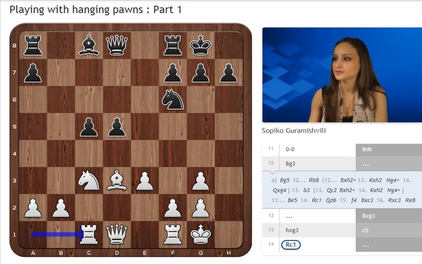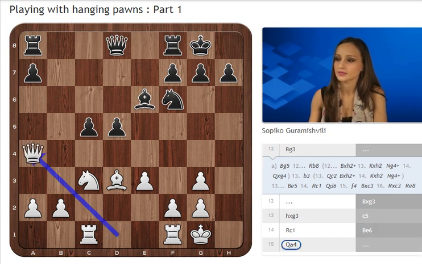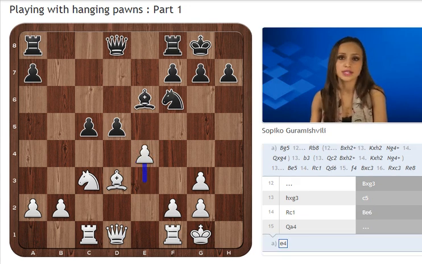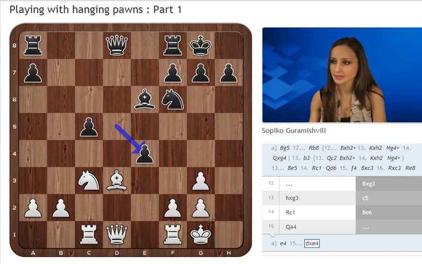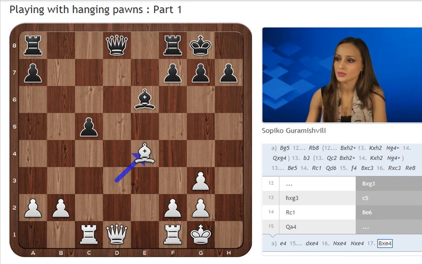Rook c1, bishop e6, queen a4. As we know, there are very typical provocating moves like e4 to provoke d4 and get c4 square, or if there is de4 exchange, which is at this point very good, knight e4, and after knight e4, bishop e4, we see that the rook is under attack,